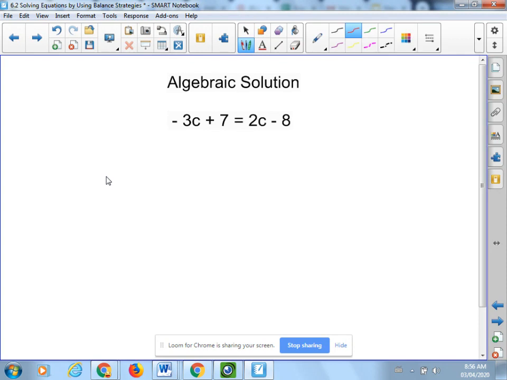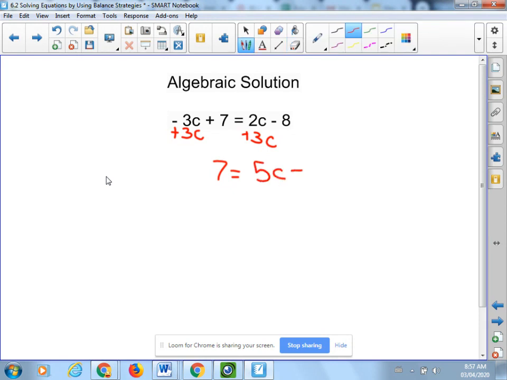In this case, I'm going to do the opposite of what they did, and I'm going to get rid of the smaller amount of variables, which is actually the negative. And this way I don't have to work with negatives in the long run. So the opposite of negative 3c is positive 3c, and what I do to one side, I do to the other. 7 is equal to